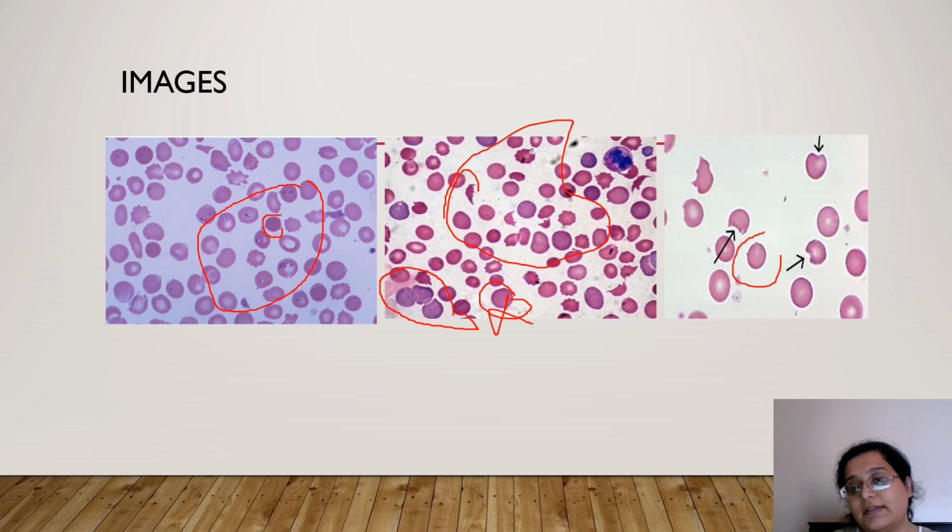This is a spherocyte. The difference on this slide is that this is salmon pinkish without any central pallor. This appears a little bluish without any central pallor. And bluish means these are polychromatophils. These are the representation of reticulocytes in the peripheral smear. If you stain for retic, they will take up the methylene blue stain, the supravital stain. Okay, and this is a bite cell. See over here. The spleen has bitten off that collection and given you a cell as if someone has taken a bite out of a pizza. Okay.